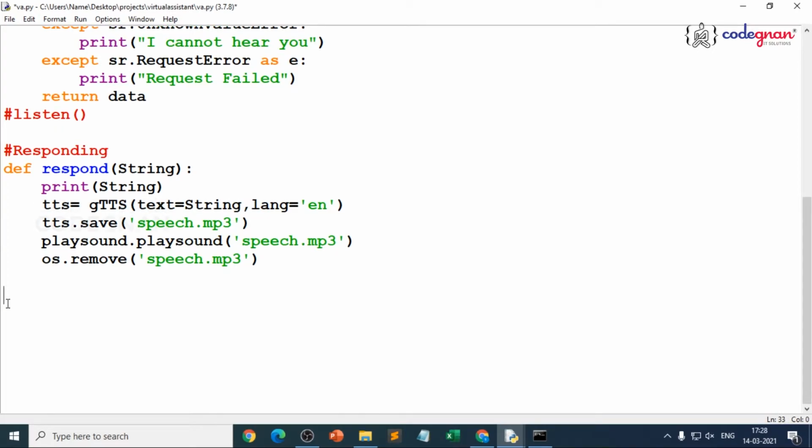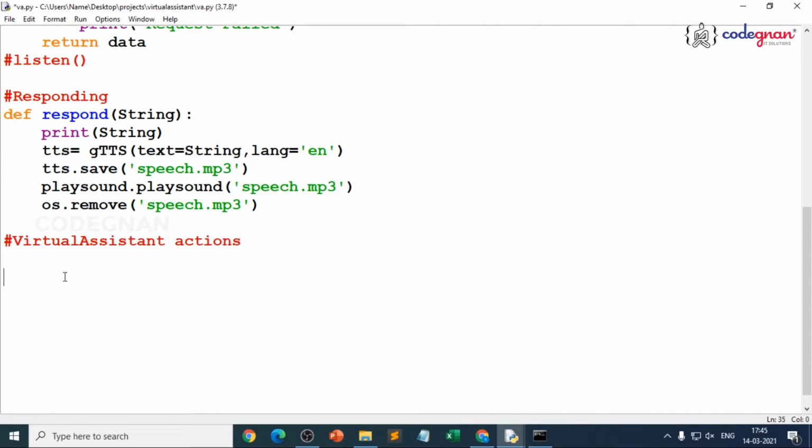Now here we'll start building our virtual assistant. Virtual assistant actions, I can write it as virtual assistant action. So I just create my virtual assistant function name as anything. You can name it like Jarvis and Alexa, you have all these things. Jarvis is basically an AI machine, not a bot, it is something like an assistant for Iron Man, right? In the same way you can give your name. I'll just name it very simple. I'll name it as voice assistant. So my assistant name is voice assistant only.